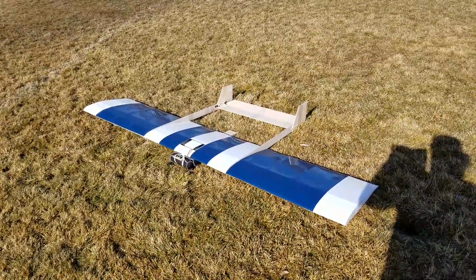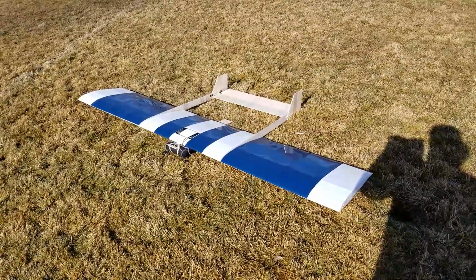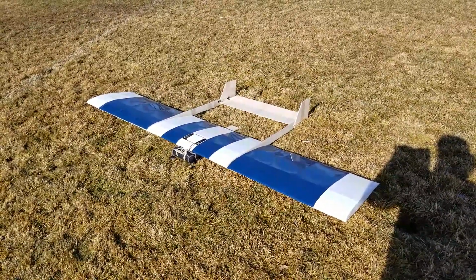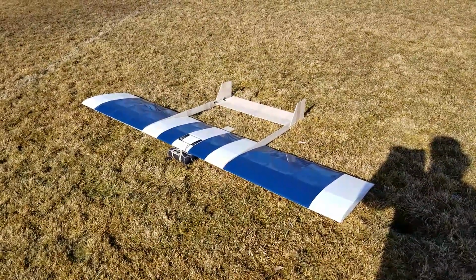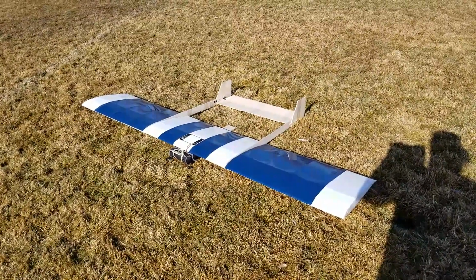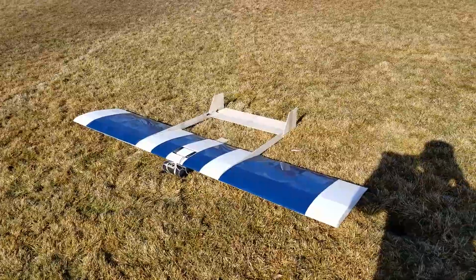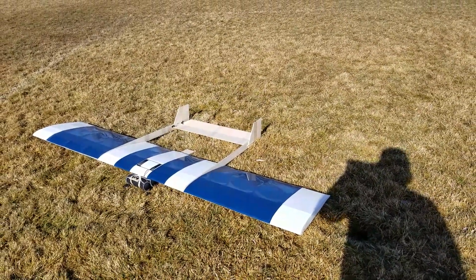I was really thinking that my math just did not sound right at all. 4 pounds for a 1/4 scale person, 250 pounds, really seemed off. But now that I'm seeing the performance, I really think that scaling of that weight is pretty accurate. So this time, I've given a little bit more up elevator with the CG in the same location as the fourth flight, and we are going to try somewhere between a walk and a light jog,